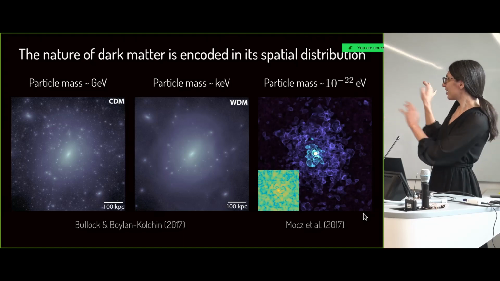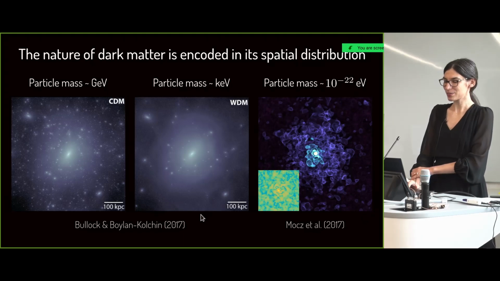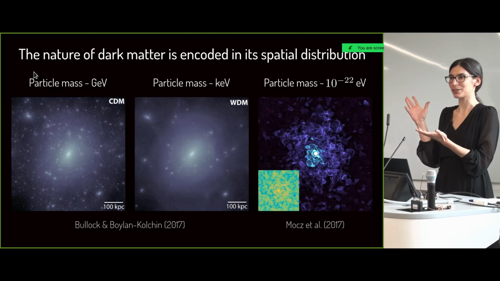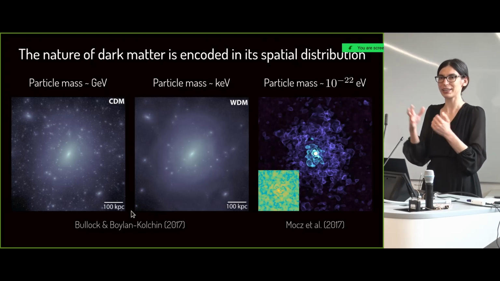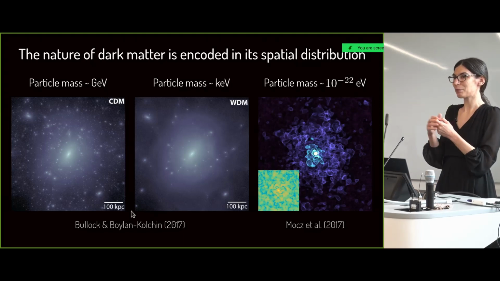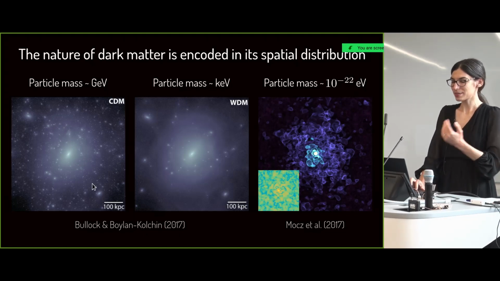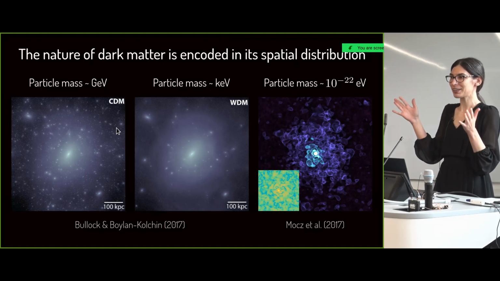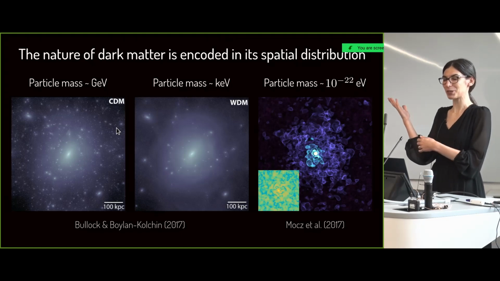The figures here show three different cases of dark matter models. The standard cold dark matter model, where dark matter is a weakly interacting particle with a mass on the order of GeV, is shown on the left. In a Milky Way-like galaxy, it should be surrounded by a number of smaller clumps of dark matter, so-called subhalos. However, those are predicted to be completely dark, and we haven't seen them yet. So the question is, do they actually exist, or is dark matter maybe something different?